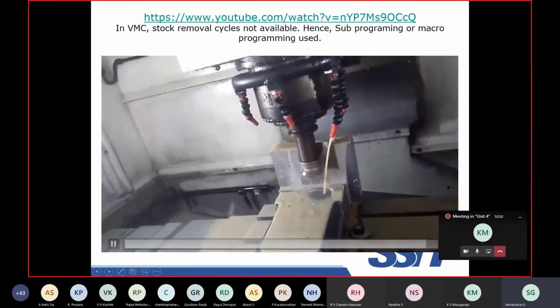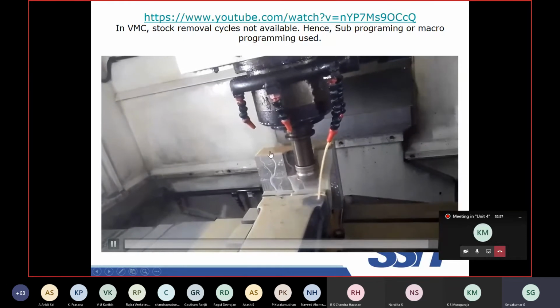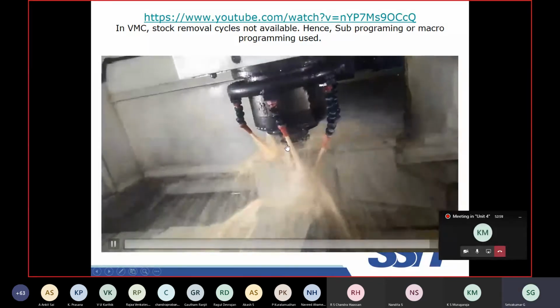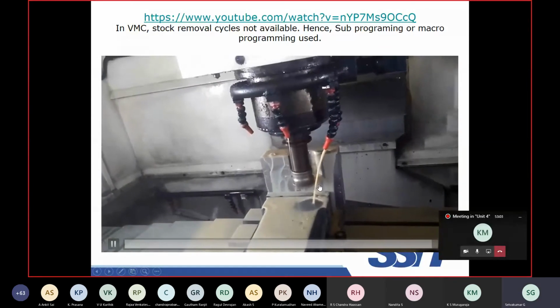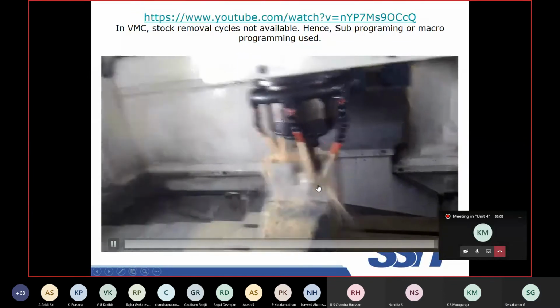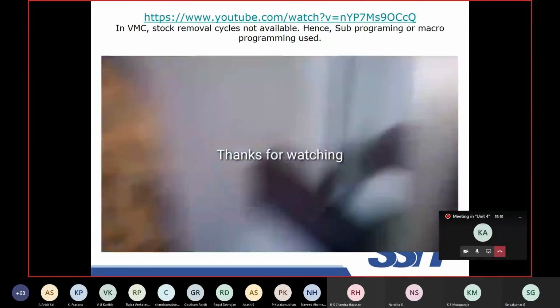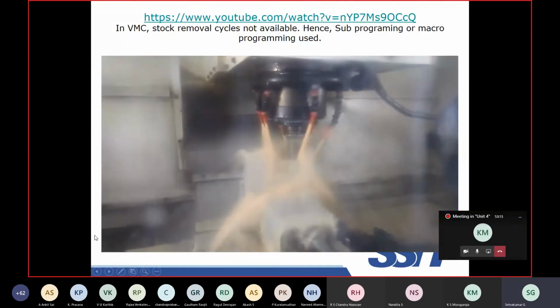This is how the machining is happening. The tool is stationary, the CNC table is moving in the XY directions. So coolant on. It is a final cut. You can make a stock removal. Okay, so it's a simple example. Stock removal: the subprogram is called 160 times so that the required stock removal is done.